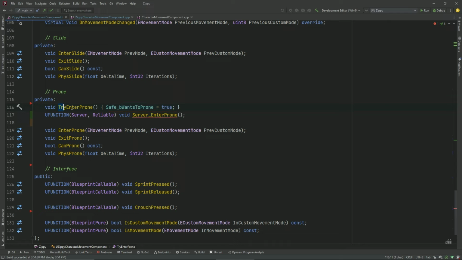The reason why I'm making it a whole function is because we're going to have to call this from a timer handle. So we need to have a function callback. We can't make a lambda for that. And then this is the RPC. So server enter prone is what the client is going to call, and that's what's going to cause proning on the server. But we'll see how we set it up in the sort of RPC plus saved move